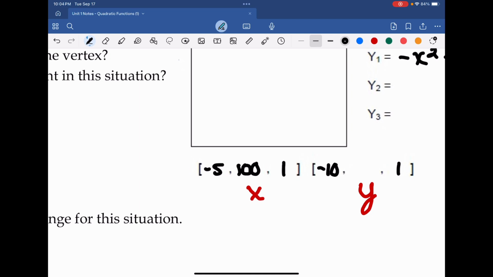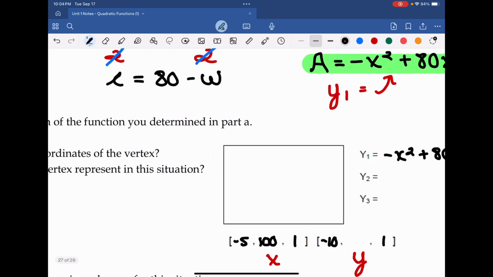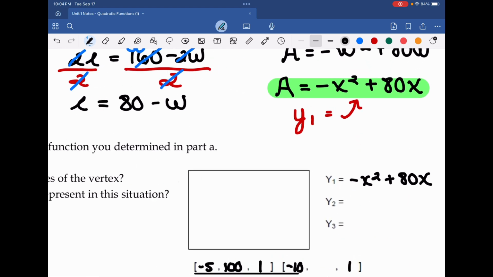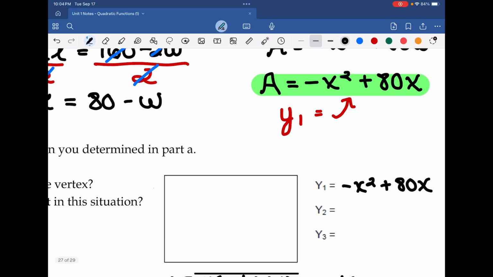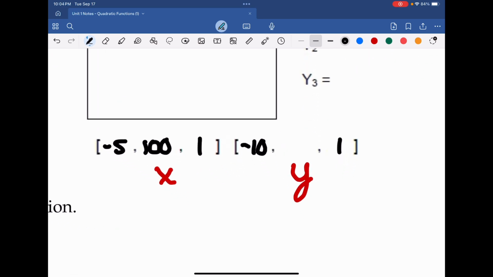Now the y value. The unfortunate thing about this one is that typically I would go to my equation and look at whatever the constant value is, the thing without the x, which tells us a bit about what we can do for our maximum. In the case of this one, it's not as nice, so we have to use a bit of approximation. What we're going to do is set this to 2000,